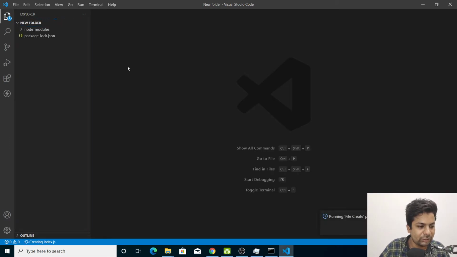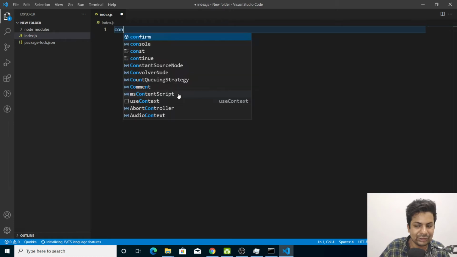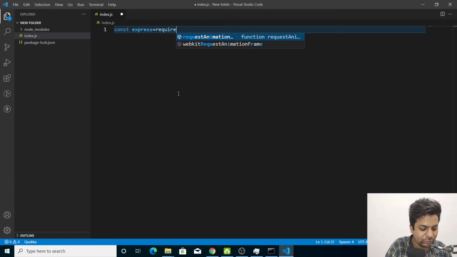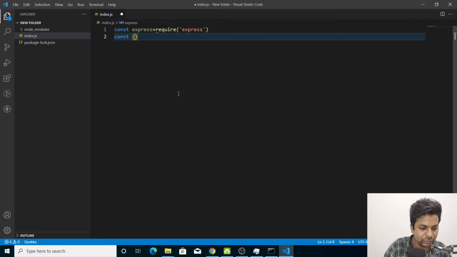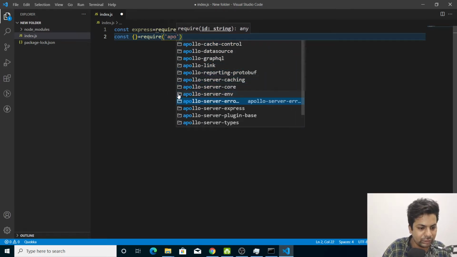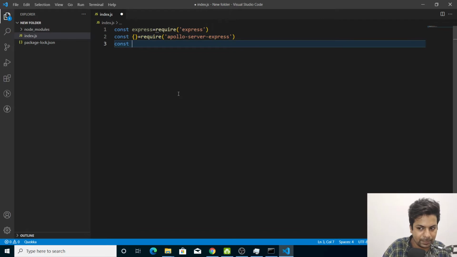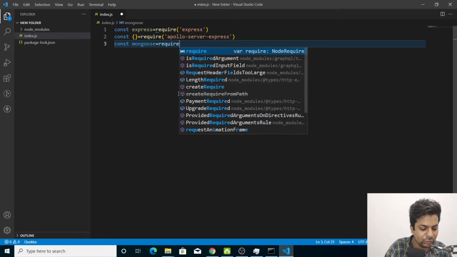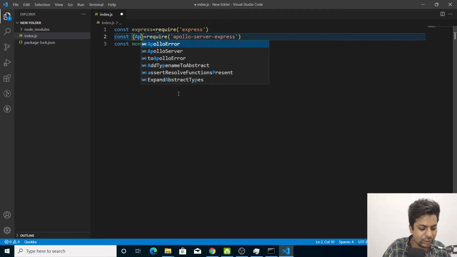So we'll import: const express equals require express, then const apollo server express equals require apollo-server-express, then const mongoose equals require mongoose.